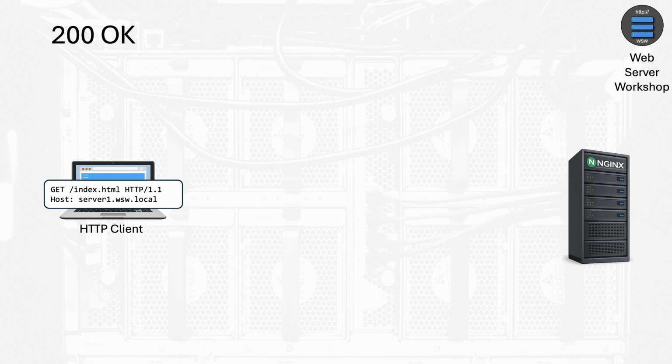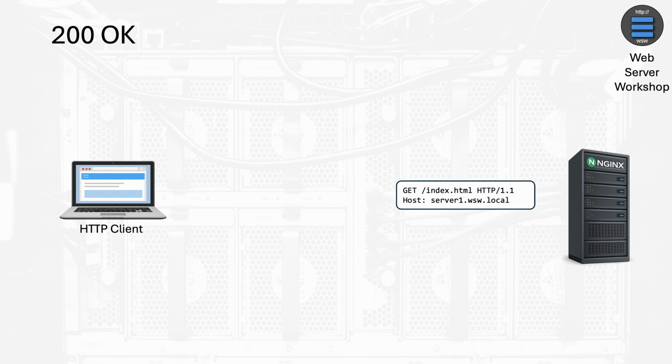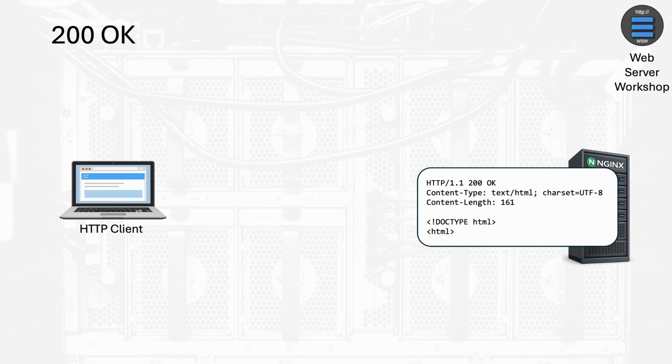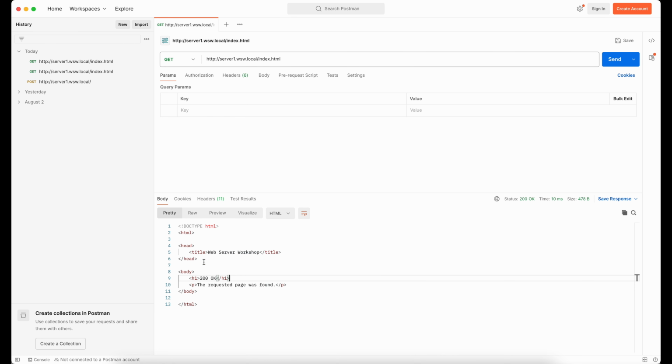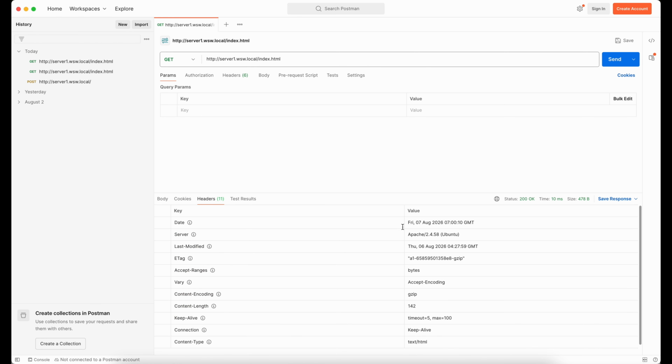The 200 OK response is the most typical one that web servers and applications send back. It indicates that the response was valid and a valid response is being returned. Sometimes the response could be a file such as an HTML or CSS. Other times it might be data in the form of a JSON object. The content type and content size headers will be included in the response so that the client knows how to